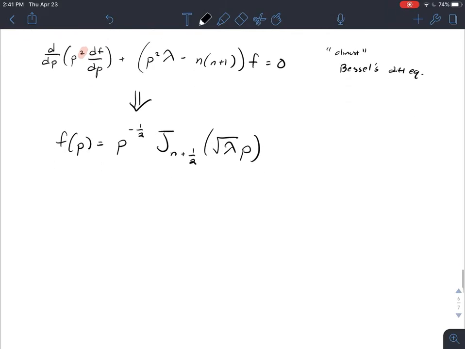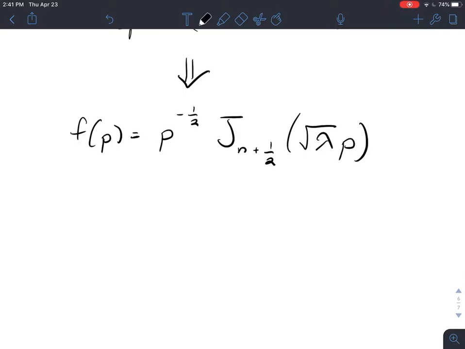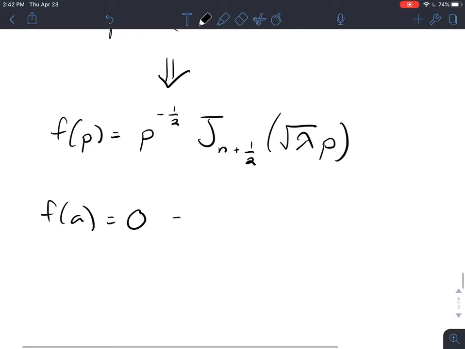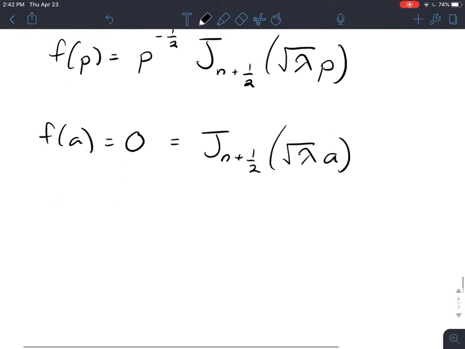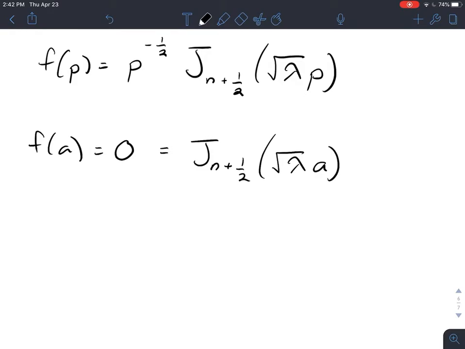Hopefully that makes sense. Okay, so the nice thing about this problem is that we can actually find out what the values of lambda are. So remember the boundary condition given at the edge of the circle. At the edge of the circle, it will equal 0. So we can get a direct relationship for the zeros of the Bessel function. And this gives us that the zeros of the Bessel function of order n plus 1/2, meaning the subscript right here, the lambda is just going to be equal to z